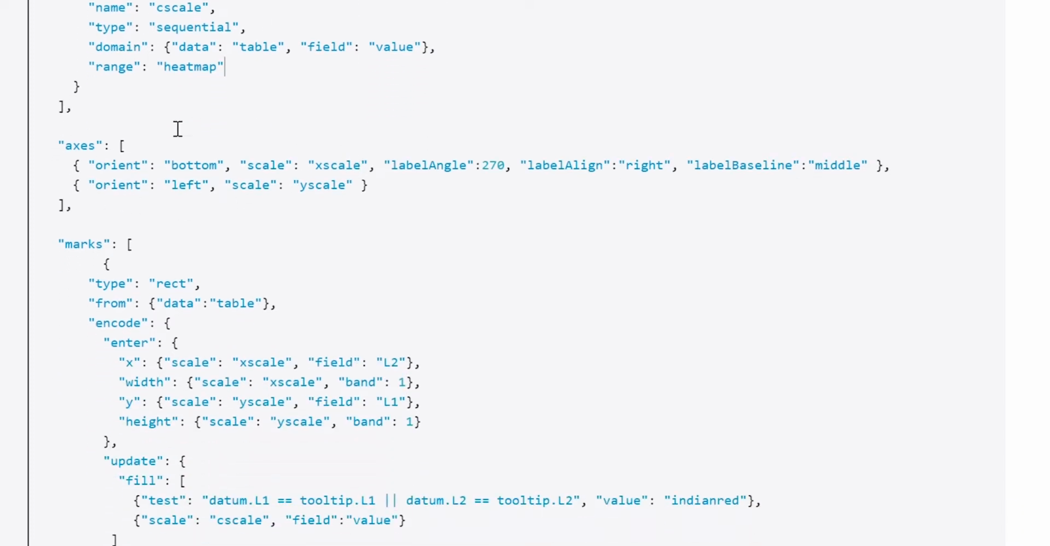Then we have two axes. Our axis on the left just uses the same basic properties that we've used before. So that orient property tells it to go on the left, and the scale tells it which scale should be used to create the axes. For our X scale, we have a few additional properties, all about getting that label to be ordered in the right way. So if I delete them